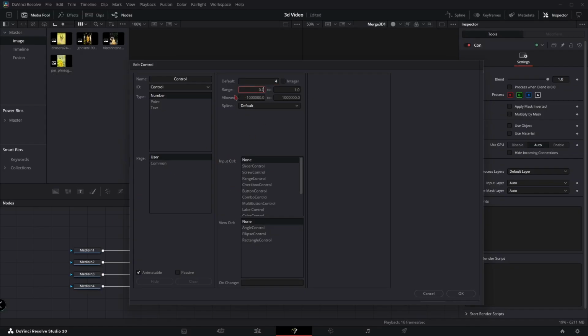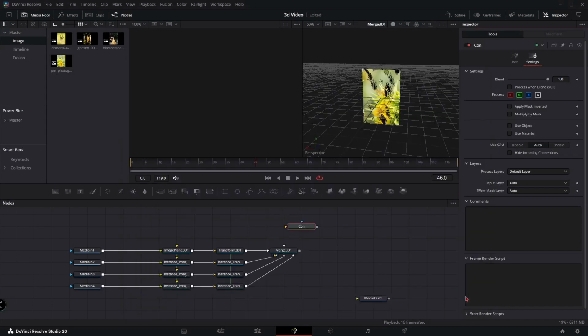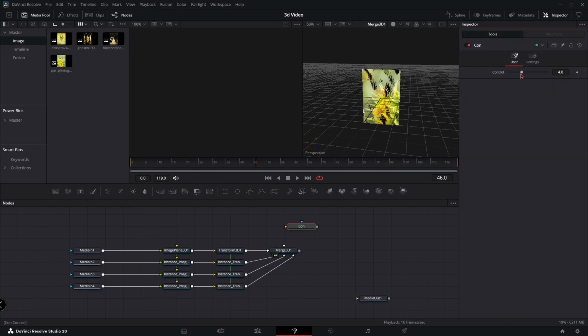Range default will be 1 and 2, 10. Allowed will be 1 to unlimited, and slider control. Okay, then user, you see this, but